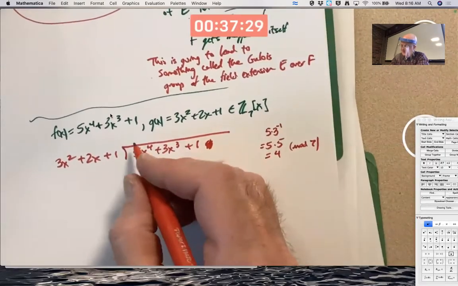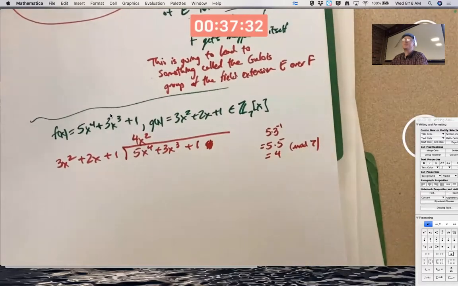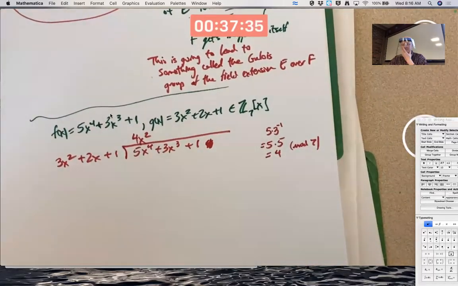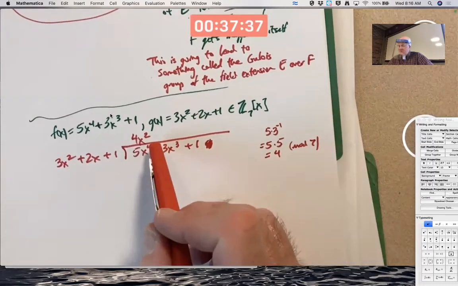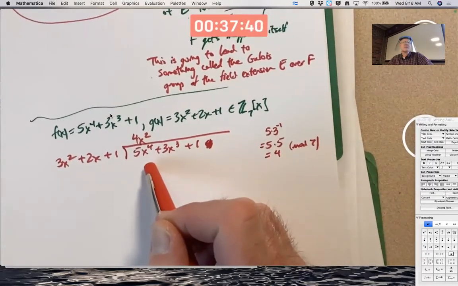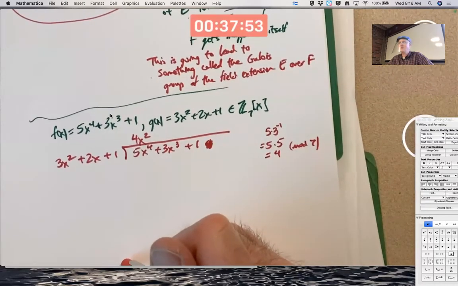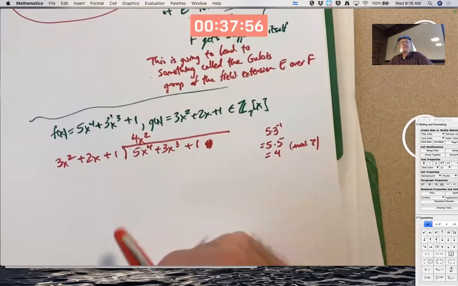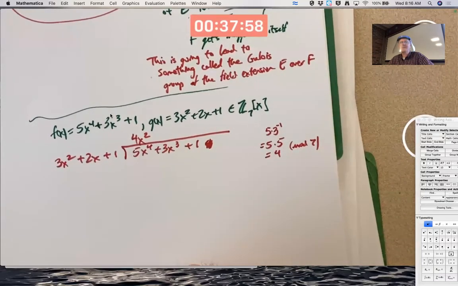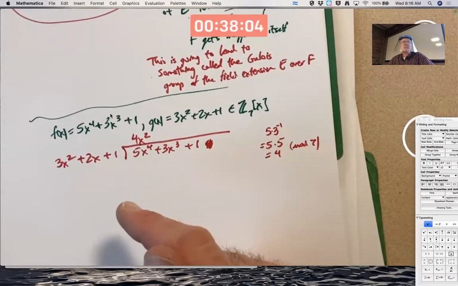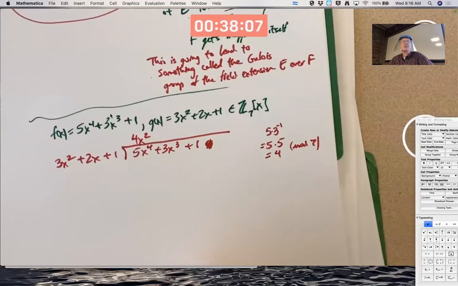So what goes here then is 4x squared. I need to multiply 3x squared by 4x squared to get 5x to the fourth. Right? 3 times 4 is 12. 12 mod 7 is 5. x squared times x squared is x to the fourth. Remember, we only mod the coefficients, we don't mod the powers. The degrees of these polynomials could be arbitrarily high. Million degree, billion degree, etc. Of course, we never actually do examples like that because it would be just too unpleasant, but